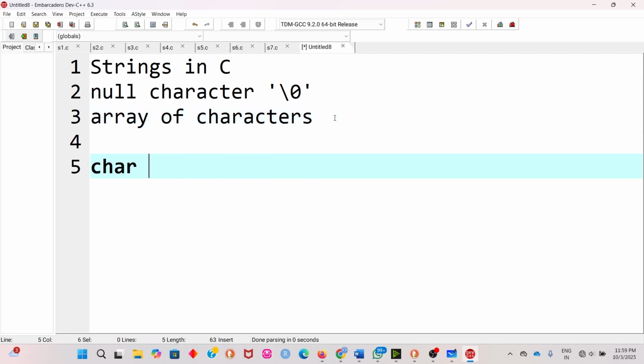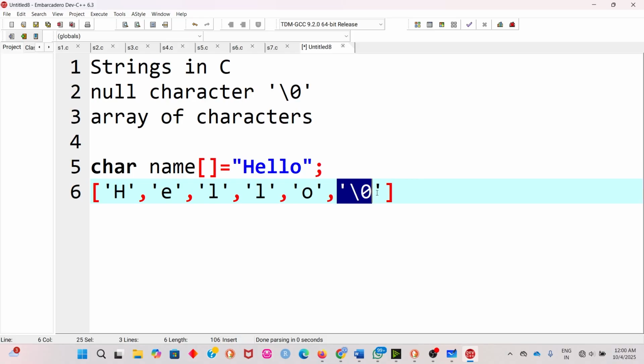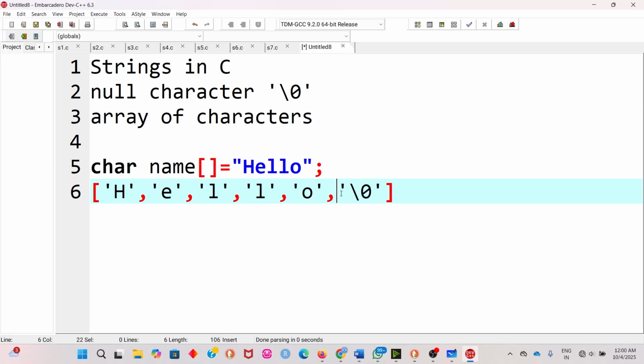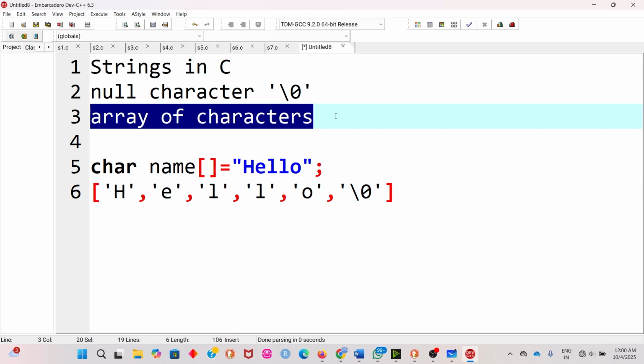Suppose I have a character array name. Suppose it stores hello. Let's see how it is stored. This will be stored as h, then e, then l, then l, o. Once all the characters of the string are finished, the last one will be a null character. This null character also determines that this particular string ends here. So it also marks the endpoint. Please remember that a string is an array of characters and always terminated with a null character,